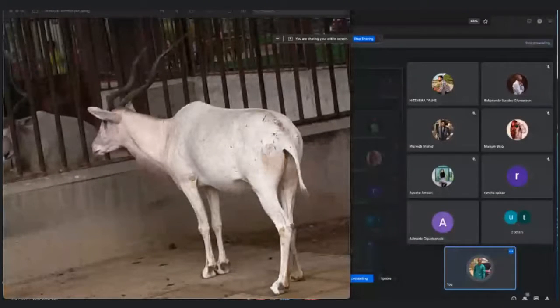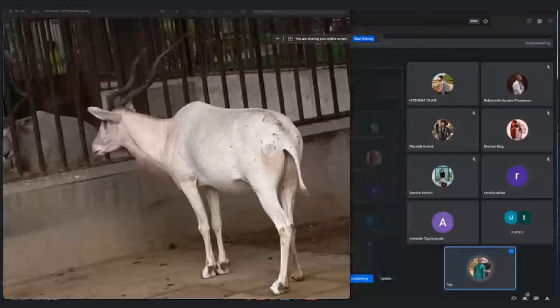Anybody else? So for those that just joined, we are just playing a game. This is how the game is. I'll be putting an image on the screen. We are meant to name the animal and give the sound they make in their habitat. Sorry, I didn't get that.